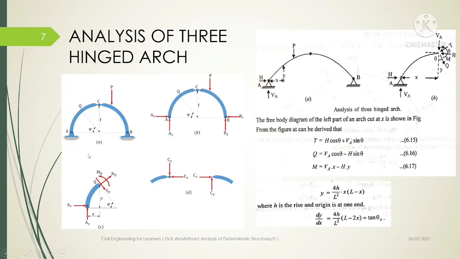you have three forces, that is normal thrust, which is written here as N, and radial shear, that is the shear force, which is written as V, which acts perpendicular to the line of action, and a moment. So these are the three forces which will be acting throughout the arch member. So for all the three forces, this is the formula to find the normal thrust, radial shear and the moment.